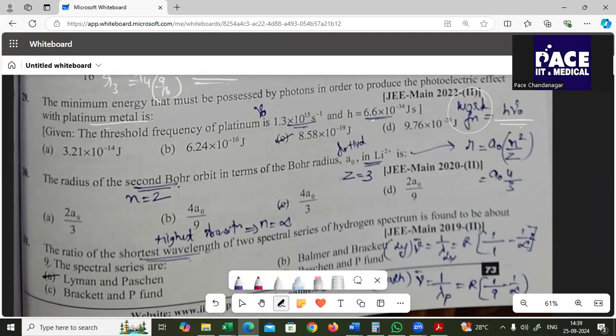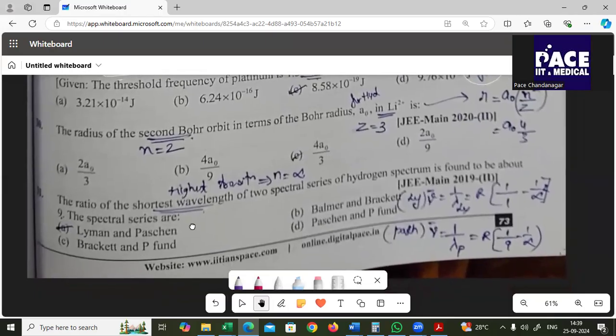You have h, you have nu naught, done. Your answer is done. Next, coming up with the next one: radius of the second orbit in terms of Bohr's radius